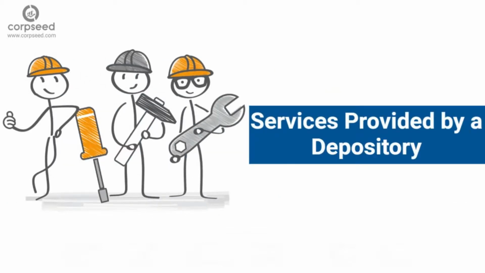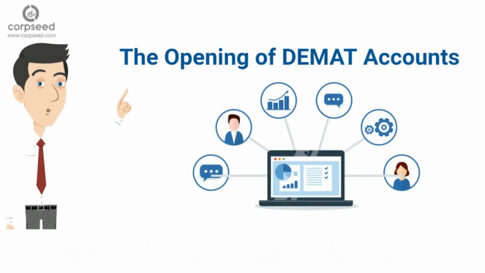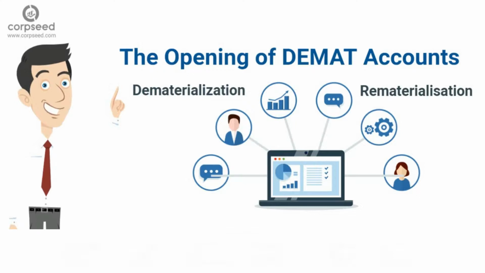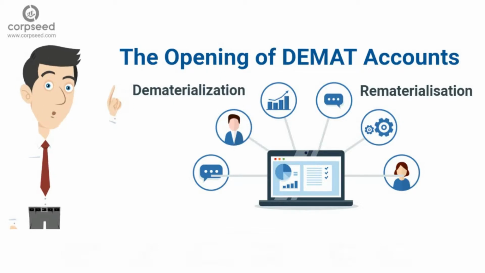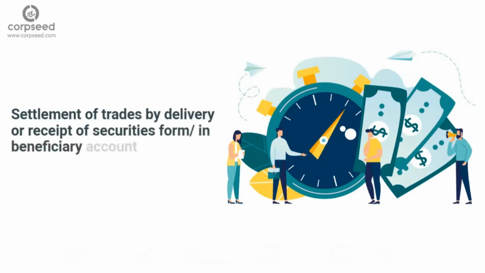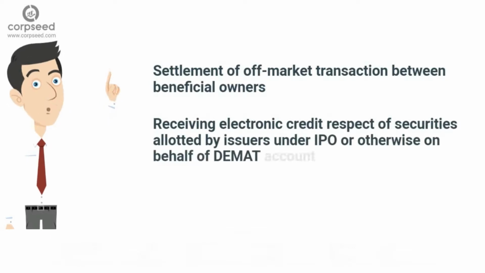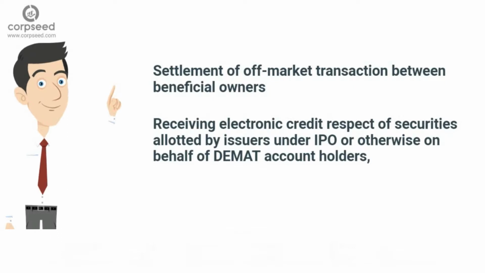Services provided by a depository: the opening of demat accounts, dematerialization, converting physical securities into electronic form, rematerialization, that is converting electronic securities into physical form, maintaining records of securities held by the beneficial owner in electronic form, settlement of trades by delivery or receipt of securities from the beneficiary account, settlement of off-market transactions between beneficial owners, receiving electronic credit in respect of securities allotted by issuers under IPO or otherwise on behalf of demat account holders,